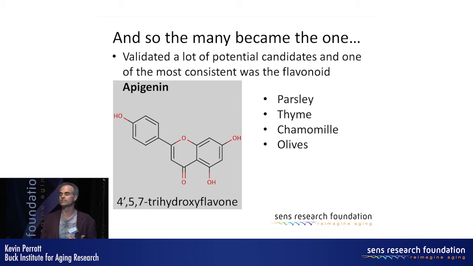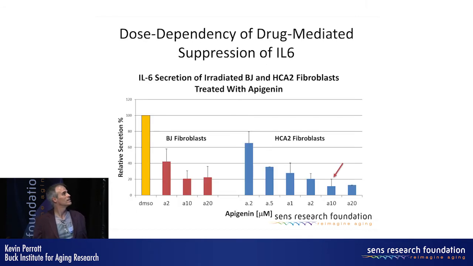There's over 5,000 flavonoids. This one is called Apigenin, and it is isolated from various foods. As you can see there, parsley is the one that I'm using. It's from Sigma. It's amazing how expensive parsley is from Sigma. But anyway, so Apigenin was what I focused on,